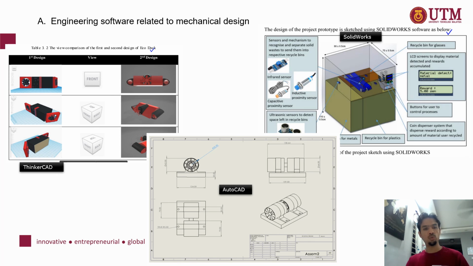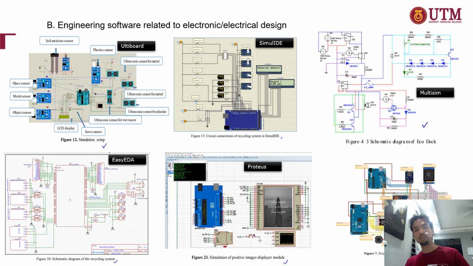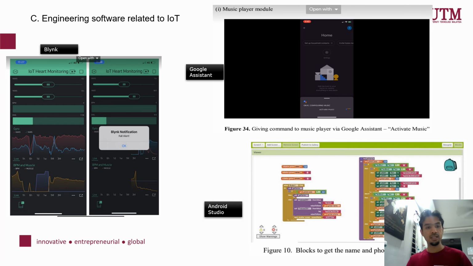So here you can see how we use our engineering software because of the COVID-19 issue, they cannot come to the campus. So mostly they are using the open source software like Tinkercad, AutoCAD, and SolidWorks. This is for the mechanical designs. For electronics part, they have many: EasyEDA, Proteus, SimulIDE, Unity Board, Multisim, and so on. And for IoT, they're using Blynk as a free software, also Android Studio